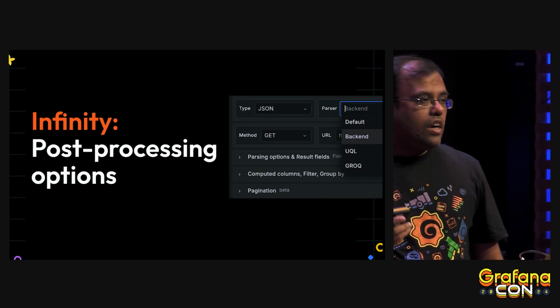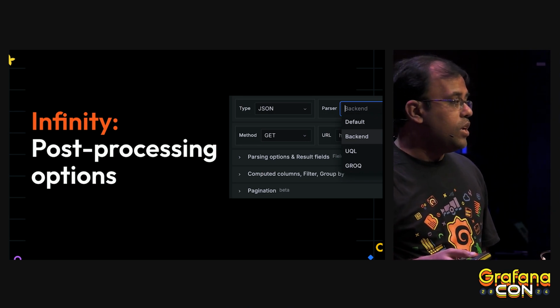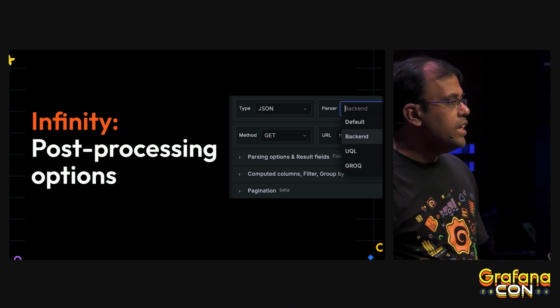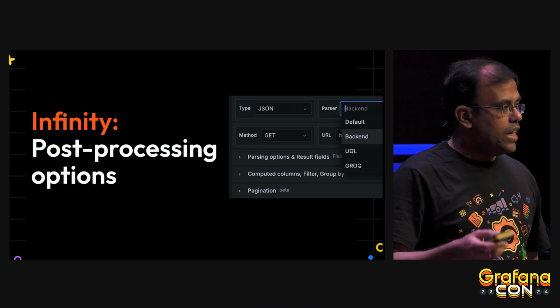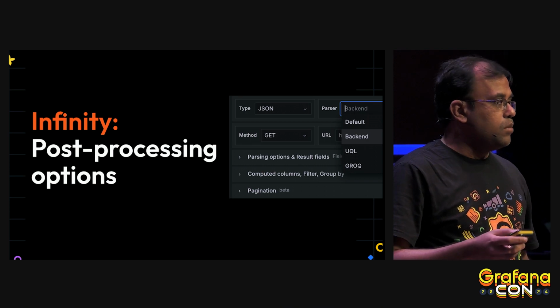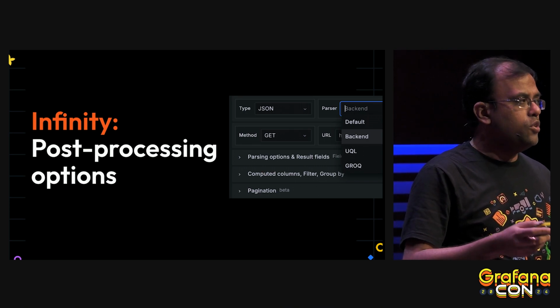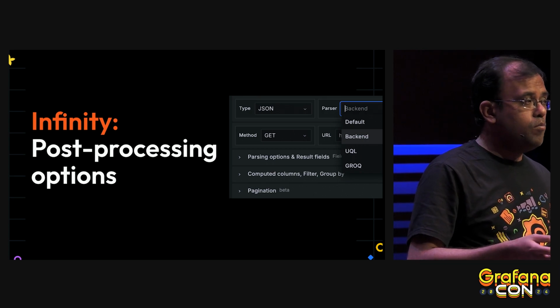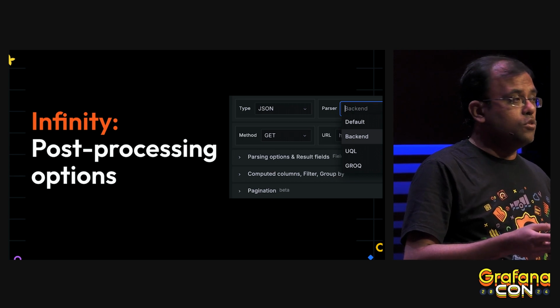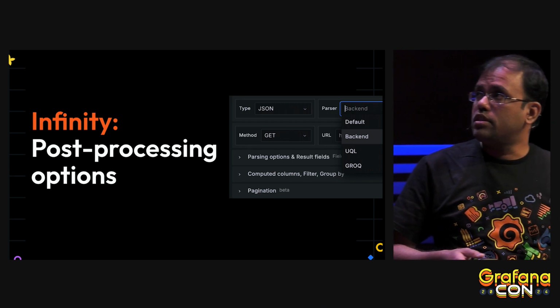Okay, so we got the data from JSON, we got the data from CSV, but what next? All the time the data doesn't need to be in the format you like. Sometimes you need to do some data massaging. Sometimes you may need to do aggregation, sometimes you may need to filter out the data, and you need to do some transformation. Of course, there's Grafana transformation which can help, but what's cool is if the data source itself can do the transformation, that's awesome, like any SQL stuff.